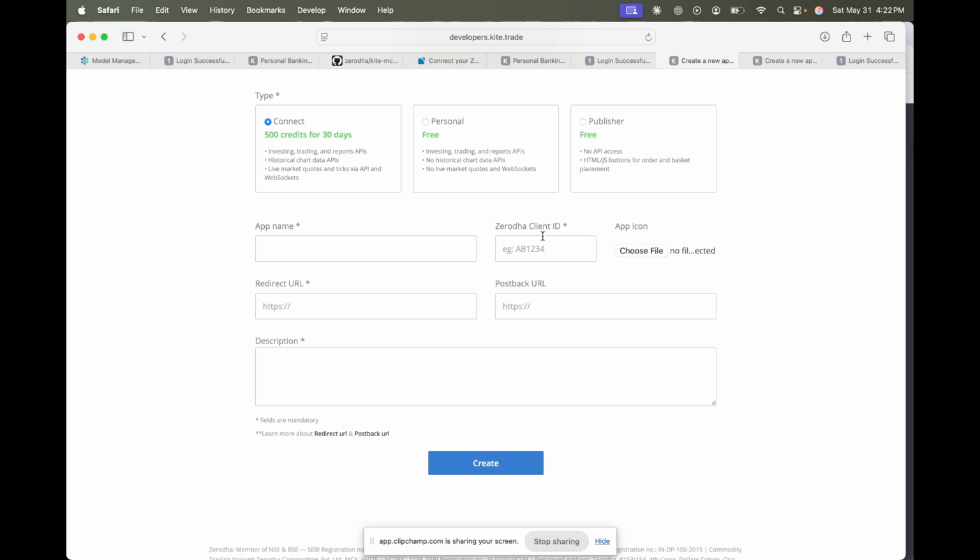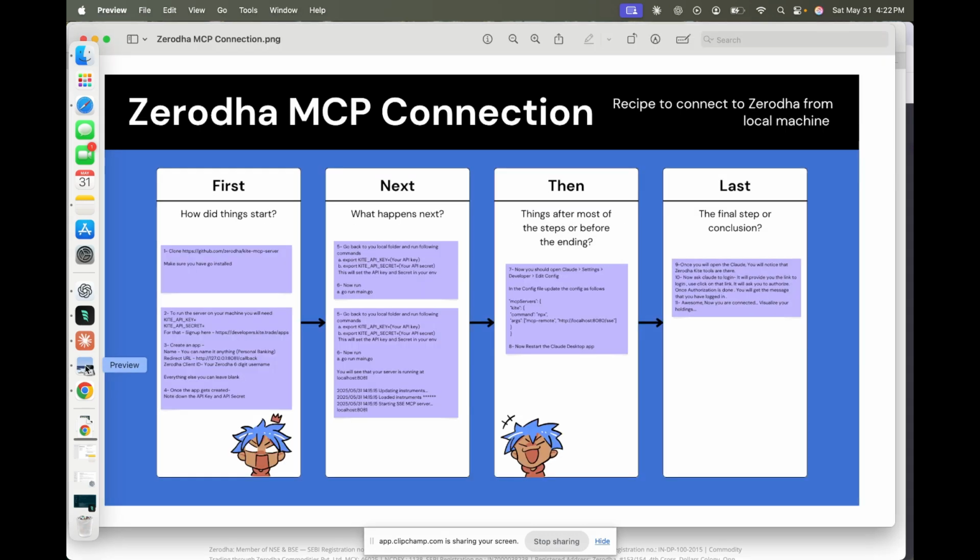Two important fields are Zerodha client ID and redirect URL. The Zerodha client ID is the username of your Zerodha account, which you must have on your Kite profile. And the redirect URL, I've given all these things in the document. Make sure that your redirect URL is localhost:8081/callback. The documentation is not very clear on this, but make sure that you have this,